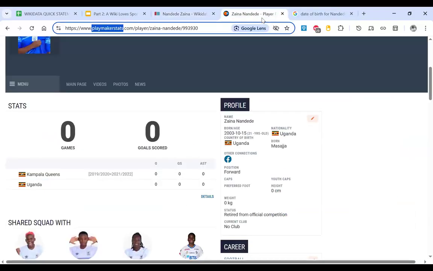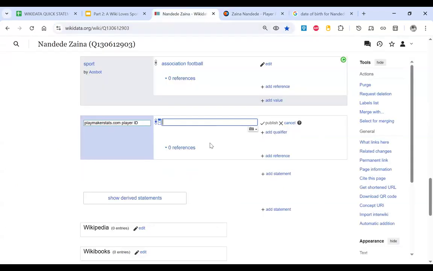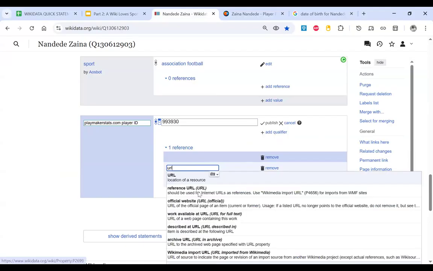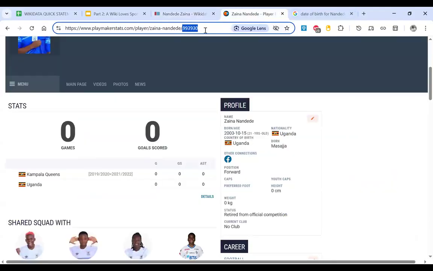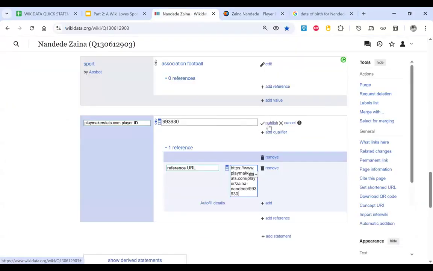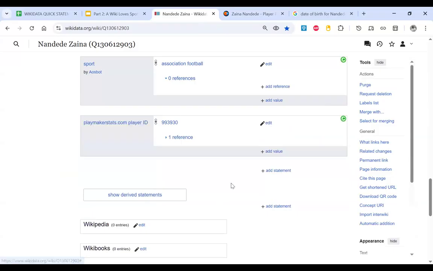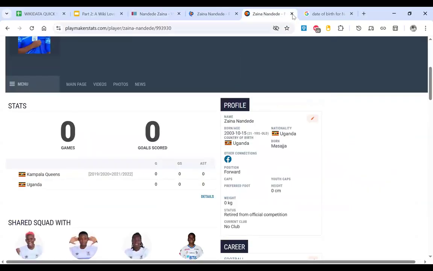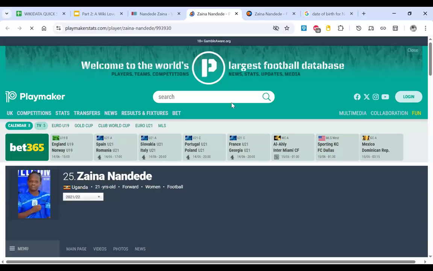And how do you get the ID? The ID is usually this code up here. We get it, then we paste it here. So still, if we want to add the reference, we can search for URL here. So it brings reference URL. That's what we want to use. Then we copy and paste it here. So what you're doing is expanding the Wikidata item. So meaning if someone opens this in a new tab, it is going to take you to this person's player